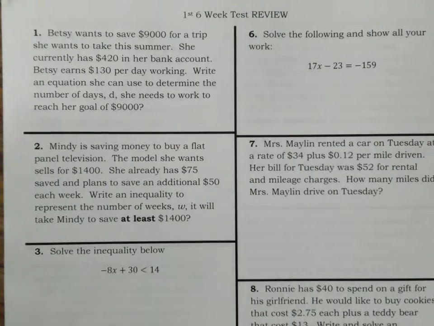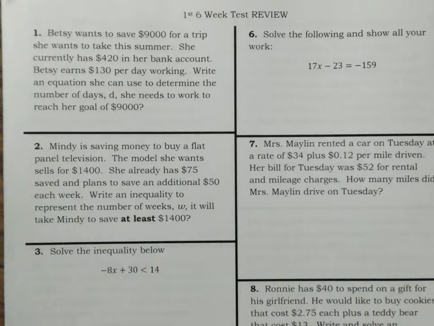All right, we're going to go over your test review that we worked through in class. So number one, Betsy wants to save $9,000 for a trip she wants to take this summer. She currently has $420 in her bank account. Betsy earns $130 per day working. Write an equation she can use to determine the number of days D she needs to work to reach her